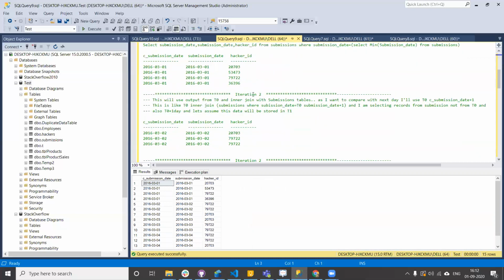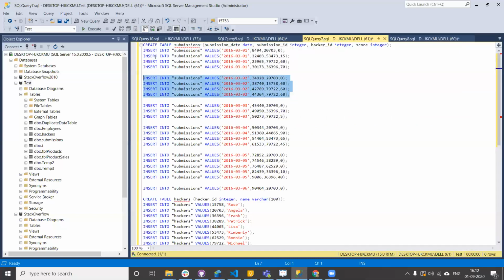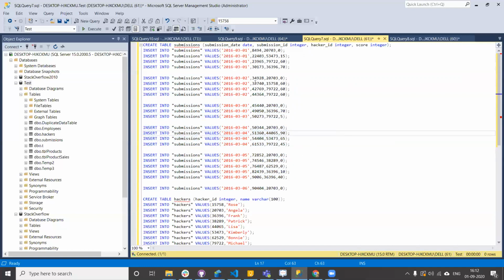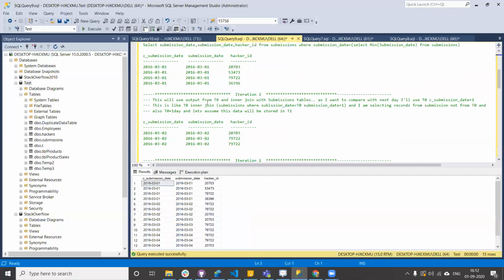Once we get this data, in the second iteration we are joining it with the entire table. But I don't want to join with these items initially. I want to compare only this value and the previous value, so this date and the next date, this date and the previous date. So in iteration 2, I'm joining T0 with my submissions table.